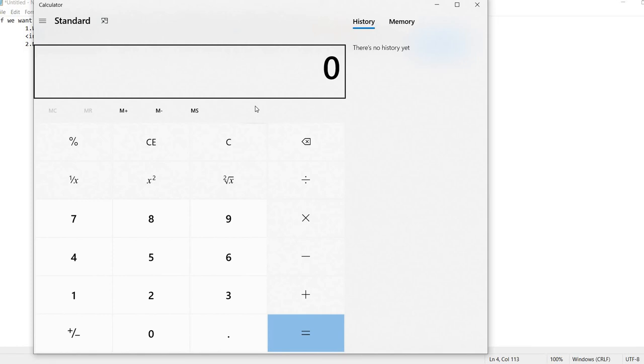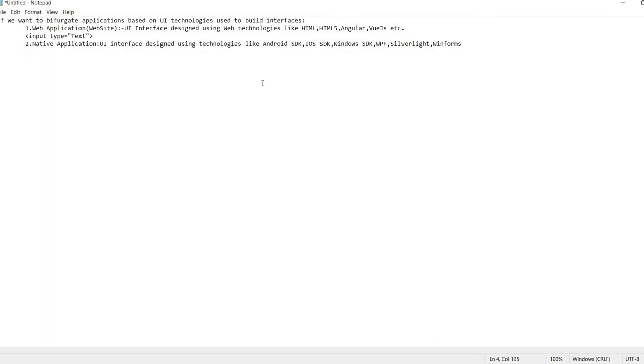So if we talk about examples of native apps on Windows desktop, there is this calculator app, then this Notepad application itself, the Word application. All these applications are designed using some kind of native application interface design technologies like WinForms, WPF, Windows Presentation Foundation, Windows SDK, which comes with a set of libraries to design the native applications of Windows.